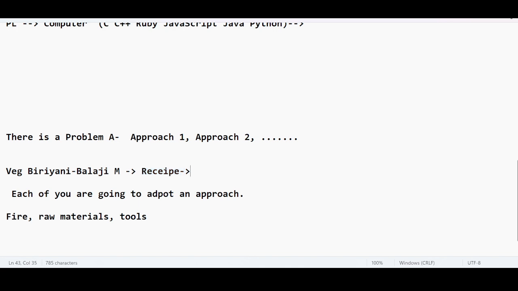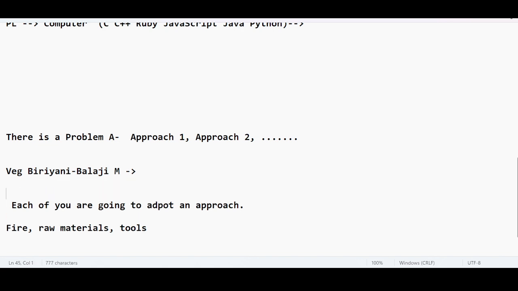There are so many steps involved to prepare veg biryani. If it is successful and if it is tasting good, I will store the steps in the form of a recipe. So whenever I want to prepare the same veg biryani next time, I will just look at this recipe and prepare the biryani, yes or no? If there is no recipe, if I am not saving the data, today it may taste good,